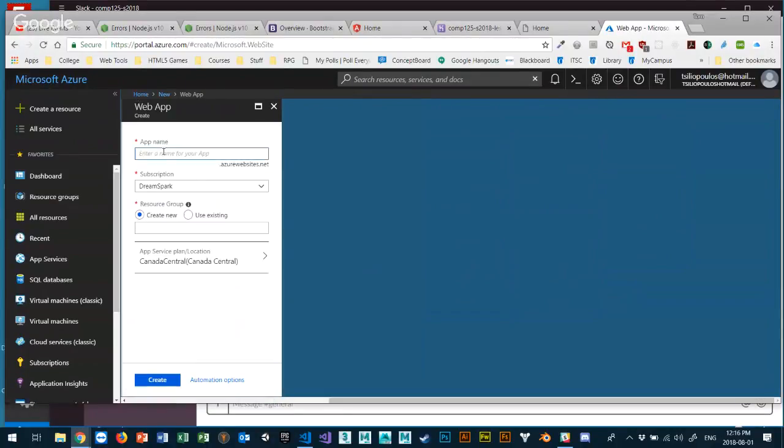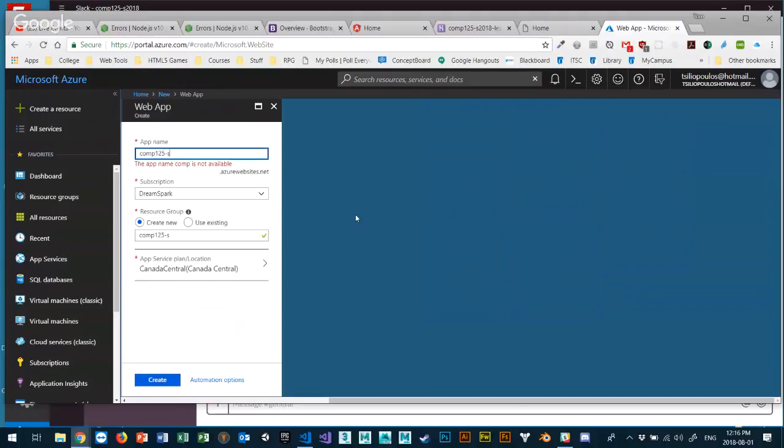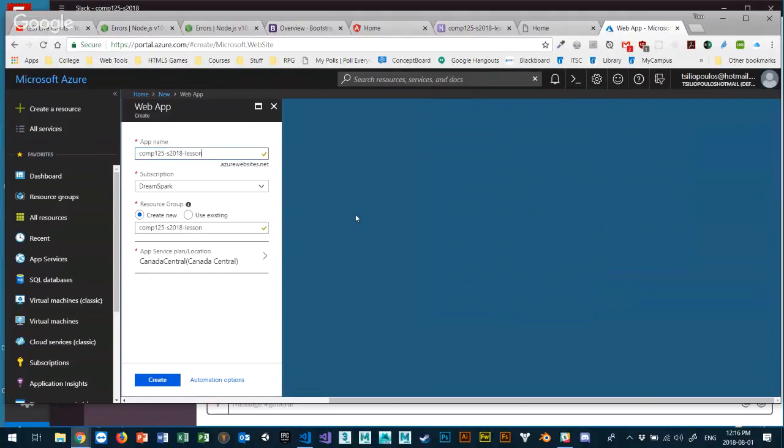All right, I need to give it a unique name, just like in Heroku. I need to give this name whatever it's going to be. I'm going to make it COMP125 summer 2018 lesson 12. I can do this because it's on AzureWebsites.net, not on Heroku. My subscription is DreamSpark. This is the old subscription for students and professors that I'm using. It doesn't apply to you, but you'll have something similar when you sign up to Azure through E5 on the hub. Okay? And then I'm going to create a resource,